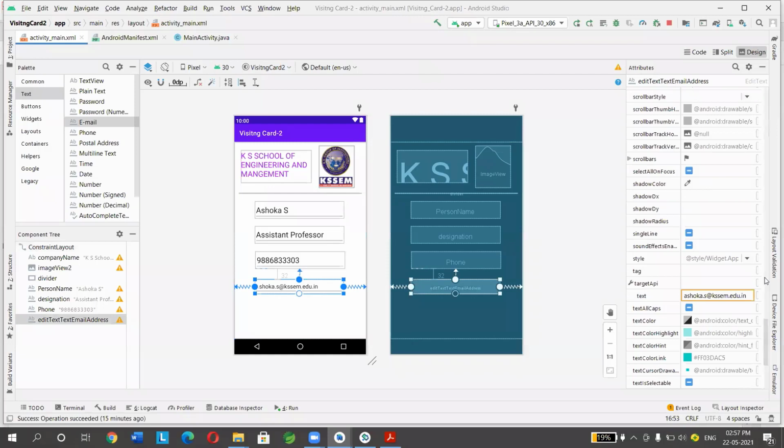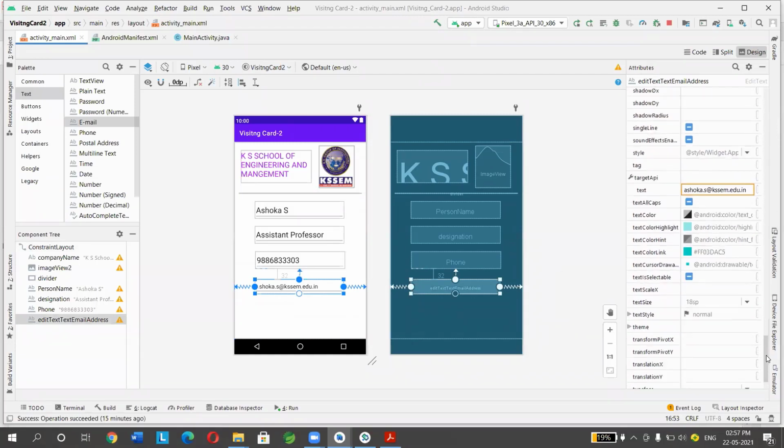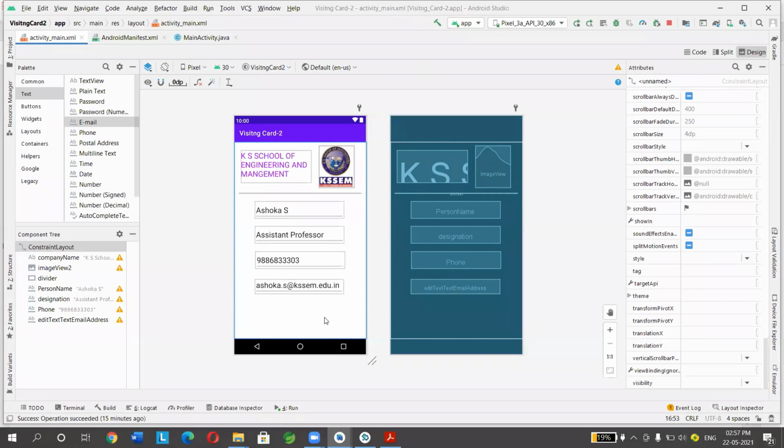Font, you can change the size. Now I have created a visiting card where we have company name, logo, name, designation, phone number, and email ID. Under this, if you want an address, again you can drag and drop plain text or text view, and you can type the company address.